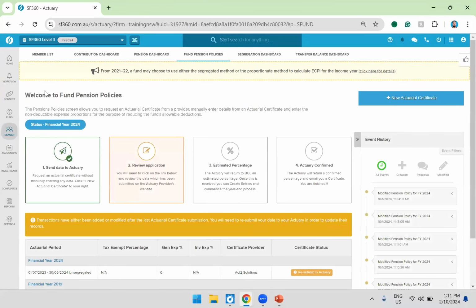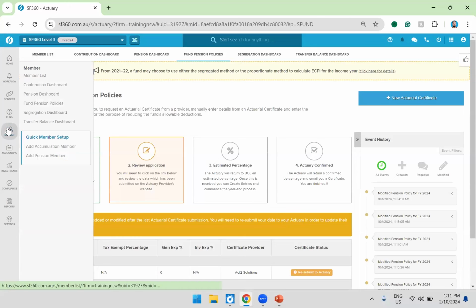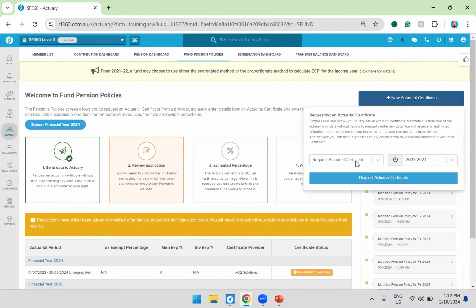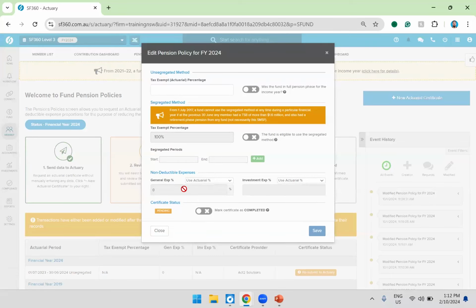So with regards to requesting actuaries, we do need to move over from the segregation dashboard to member fund pension policies. And you'll see the welcome to fund pension policy screen appear. You'll see an option in the top right corner where it says new actuary certificate. Now, in the scenario where the fund is fully segregated, we can ignore that option of having to request the actuary. We can simply go into manually entering the details and then going through this section here